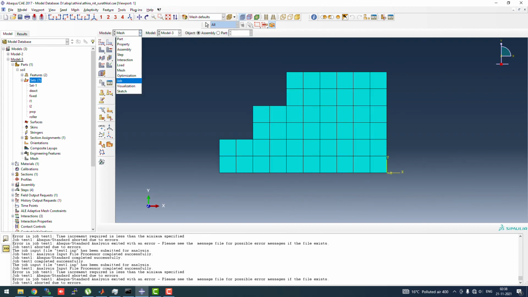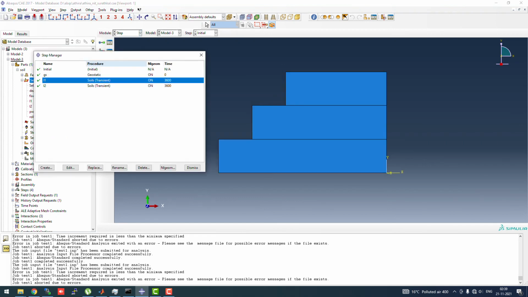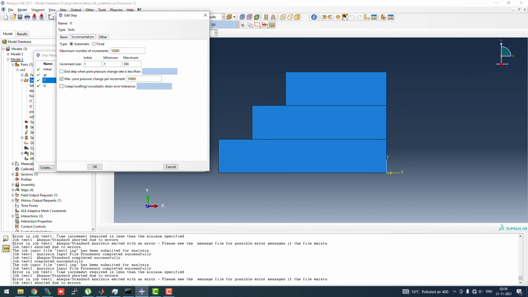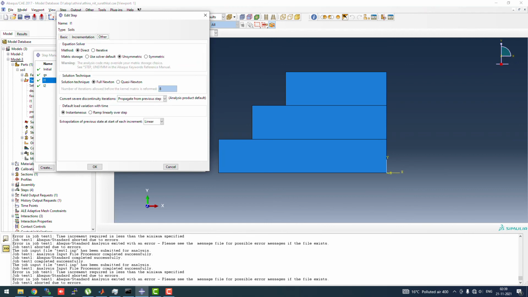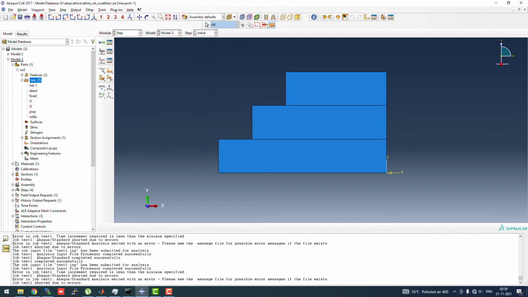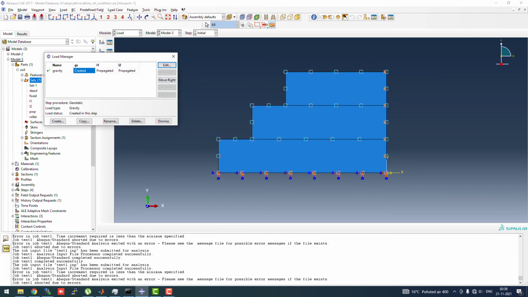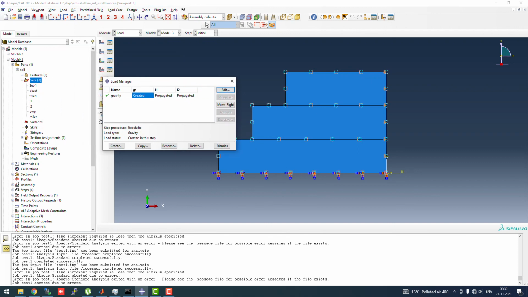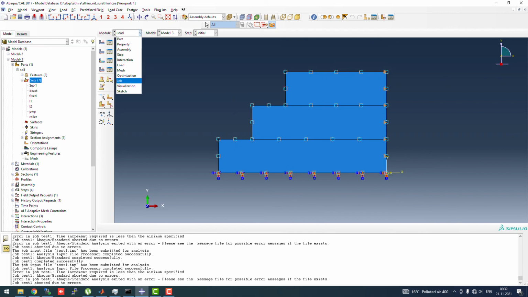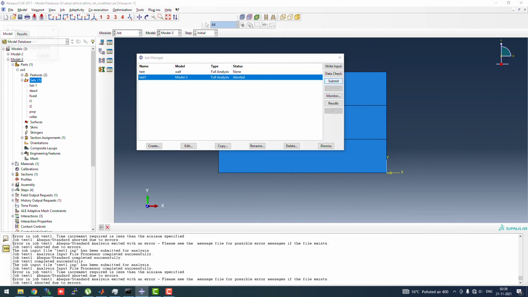So there is nothing to do in the step module for now. The pore water pressure conditions are good enough to handle large deformations like this, and unsymmetric and everything else. Instantaneous default load variation is good. But one thing you need to remember here is that when you apply gravity loading with geostatic stress as a predefined field, you have to use the gravity loading from the geostatic step itself. So now let's run the job and see if this tweak works for us or not.